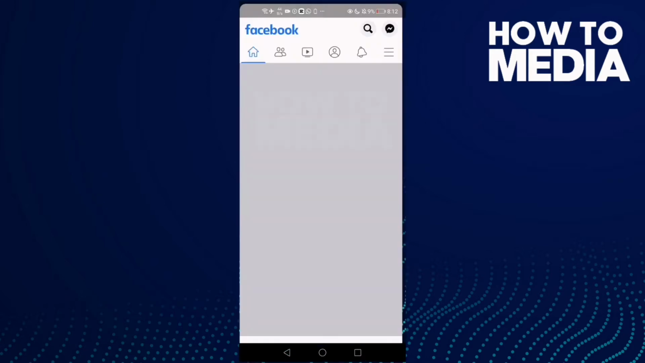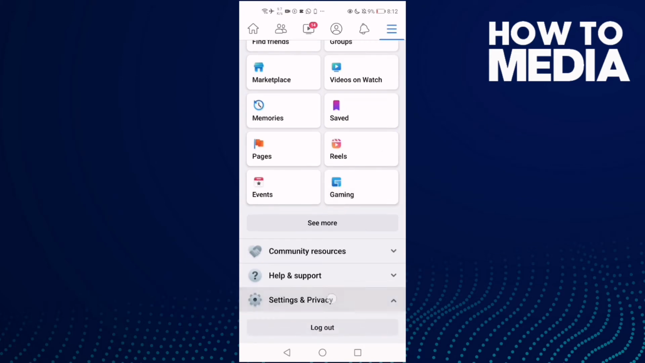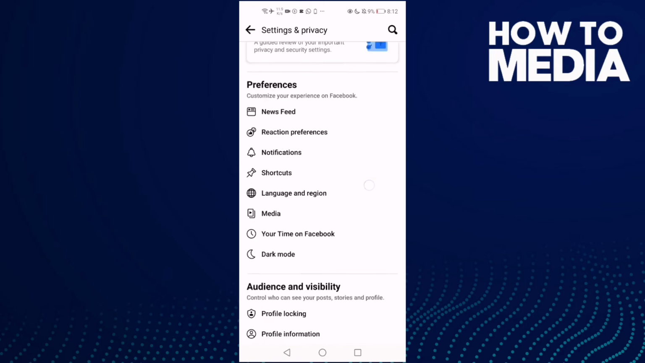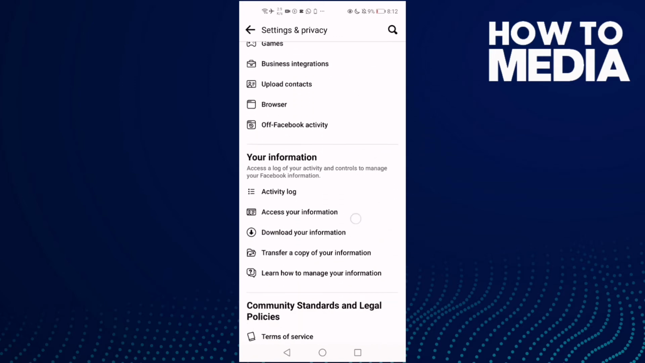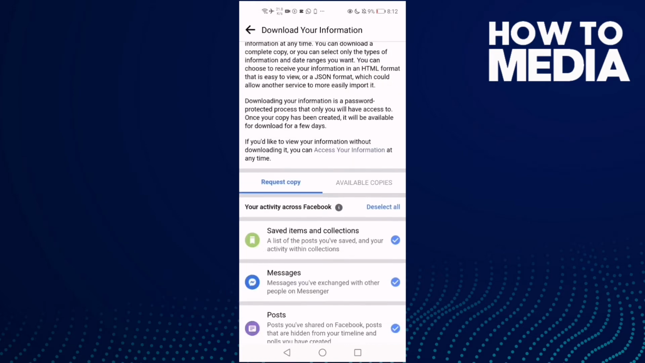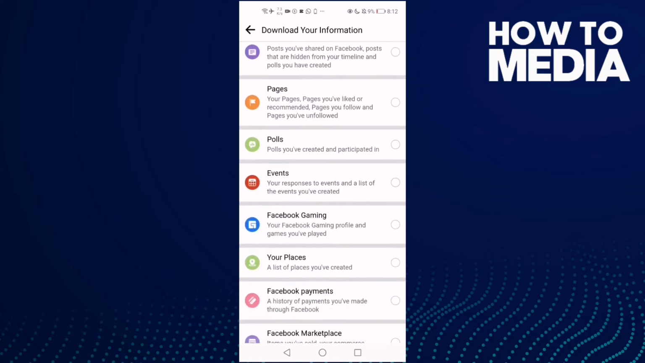First thing, go to Facebook and then click this three lines here and go down until you find settings and privacy, and then click settings, and here just click this one, download your information, and then click select all and go down,